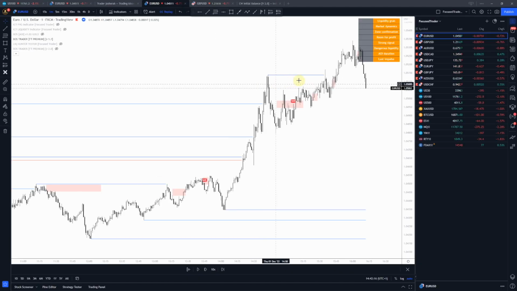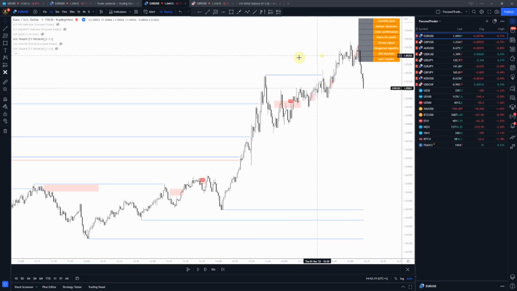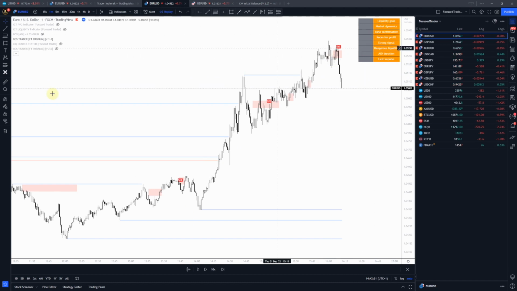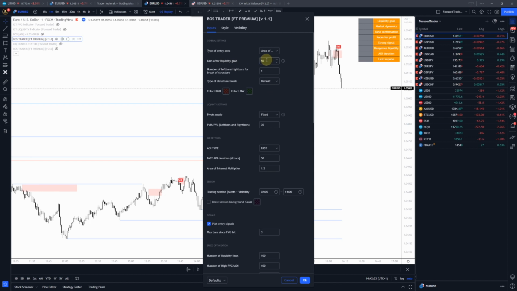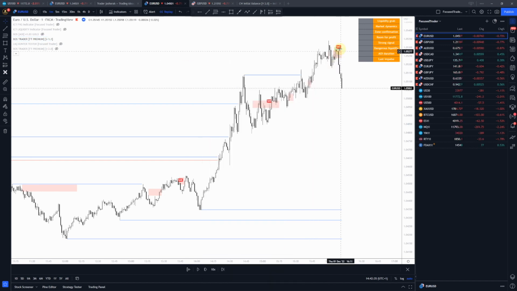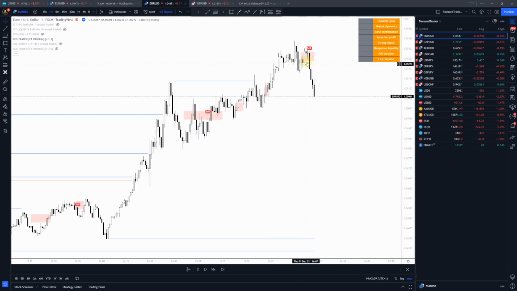Is there a liquidity grab? Well, liquidity was grabbed here, but not here. So I wouldn't say that this is exactly the liquidity grab, but still it is within a limit of, I don't know, like 50 bars. And I will show you in the settings. There are 50 bars after the liquidity is grabbed, which we can wait for to receive this sell signal. So this is okay. So from this perspective, the liquidity was grabbed here, and this is within the limit of